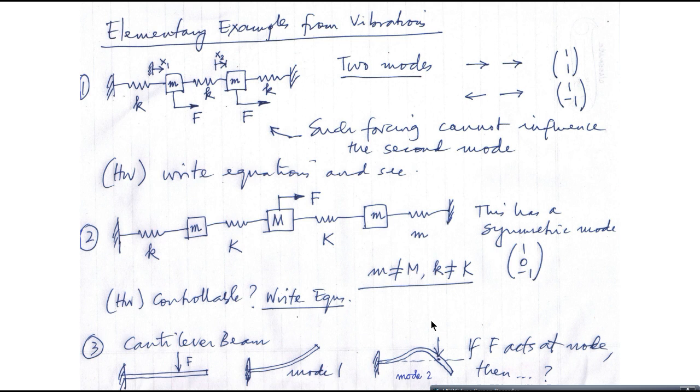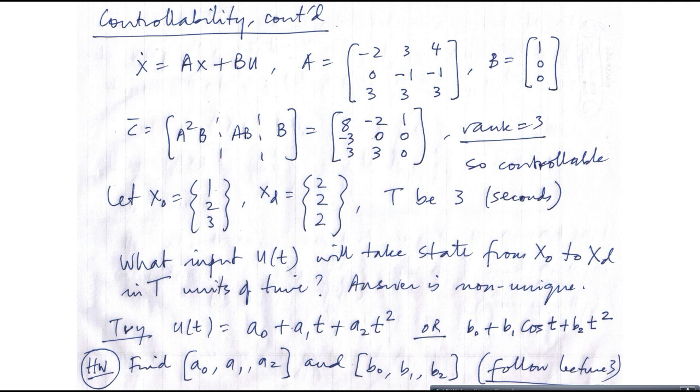Okay, now how do I go to the next slide? So here I am. Our general formulation is x dot is equal to ax plus bu. I am taking an example now. So this is A, some matrix I have taken, it's arbitrary, B is like this, 1 0 0. The controllability matrix works out to be like this. I did it in MATLAB.